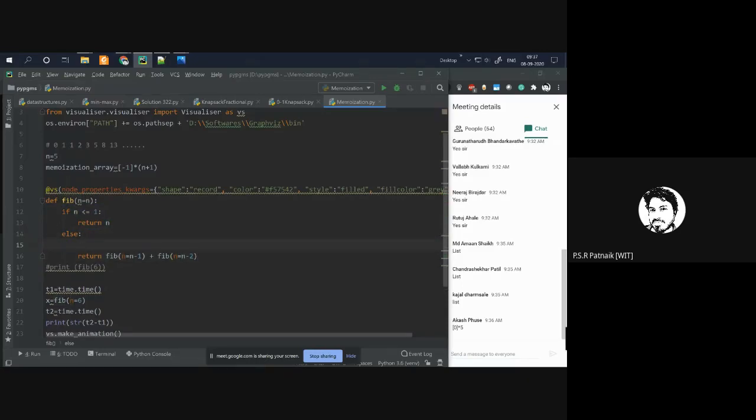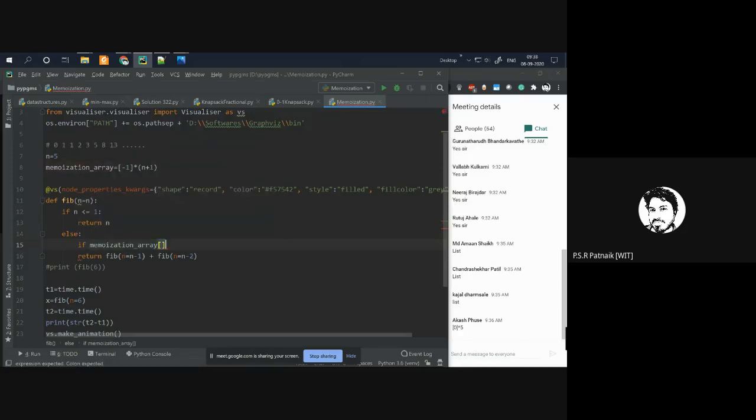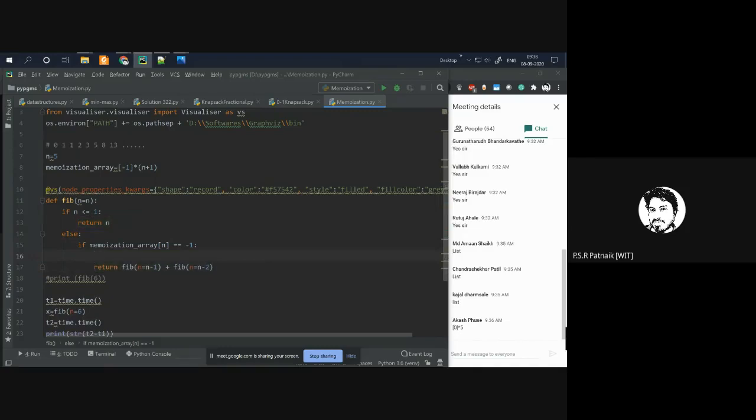So whenever I enter into else, I'll first check if, from the memoization array of n, it is equal to -1, which means that I have not yet calculated any value for this n and the result is still uncomputed. So what do I need to do? I need to call the recursion. And when I calculate it with recursion, the return value is equal to, I'll first calculate this value.